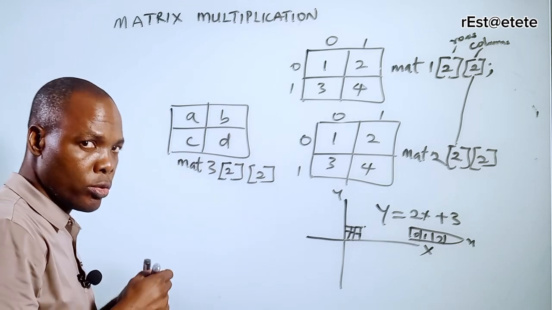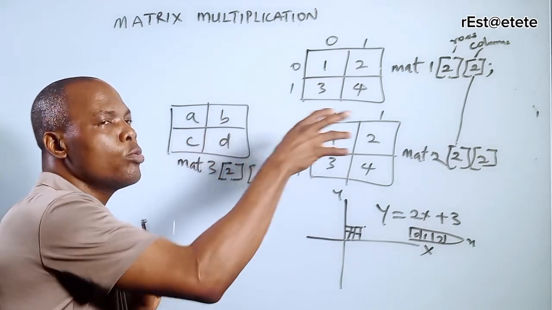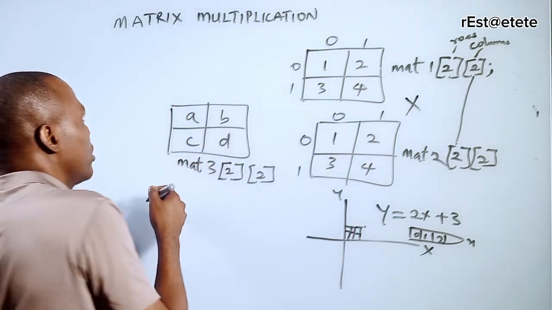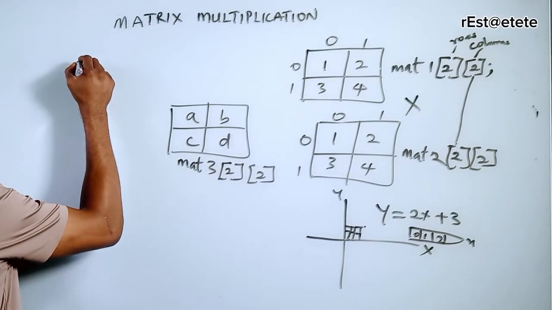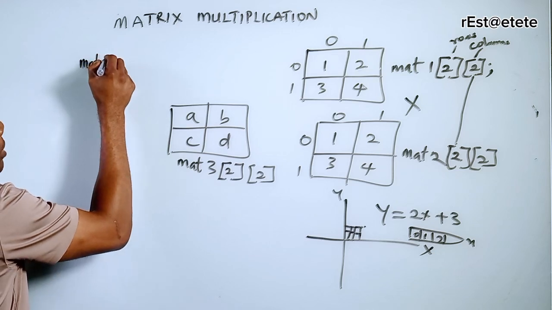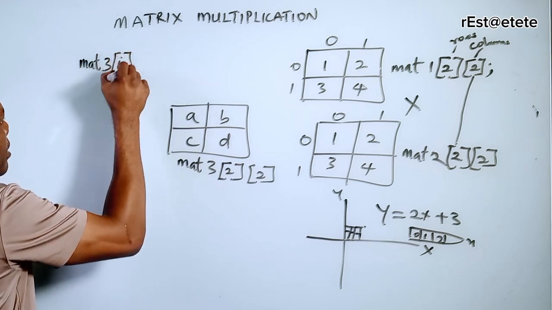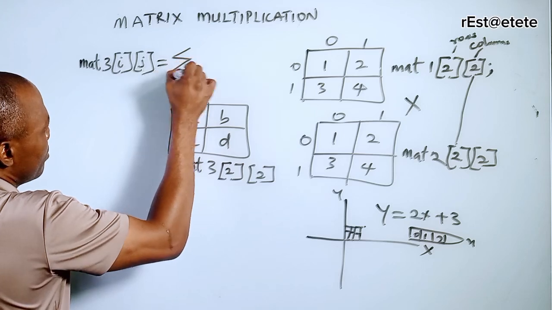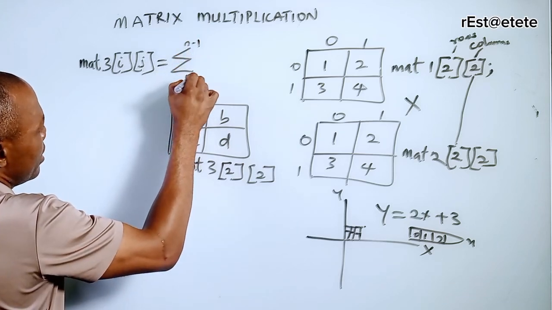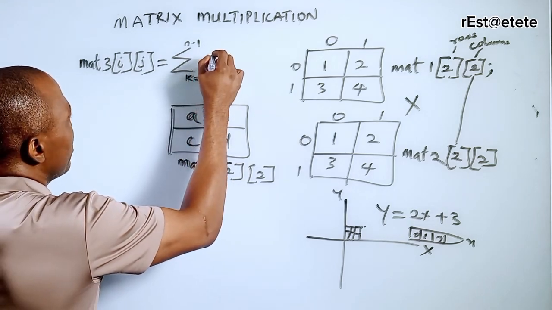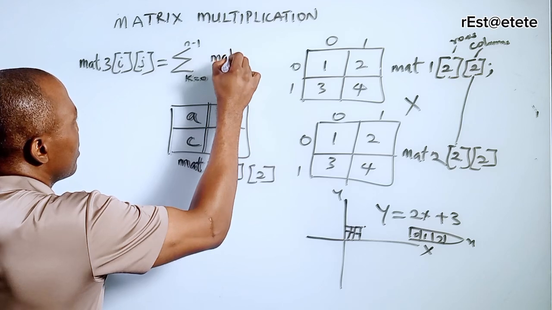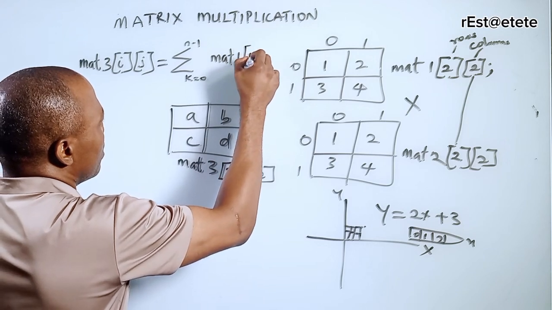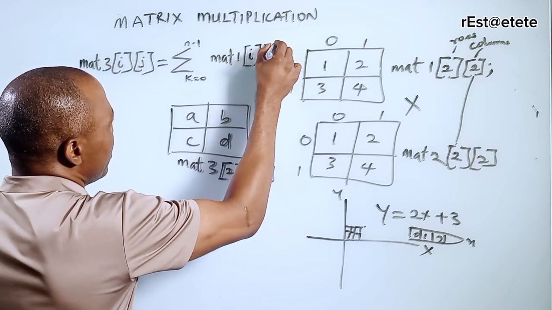So this is what this is going to give to you. Now, the equation to do this multiplication, that is multiplying this to this, is: mat 3 i j is assigned the sum, k from 0 to n minus 1, of mat 1 i k